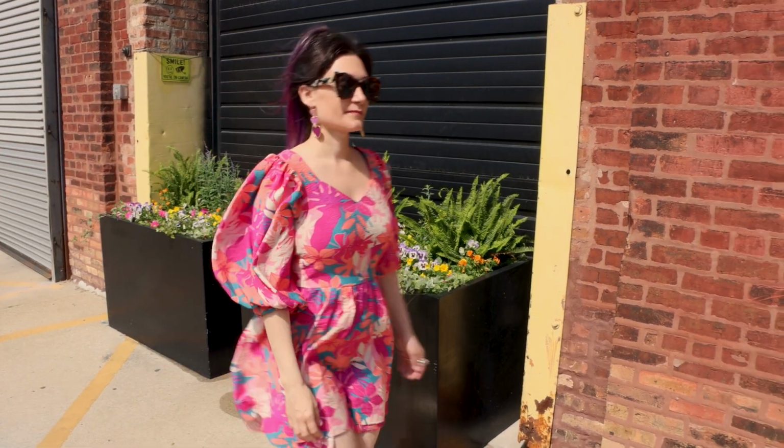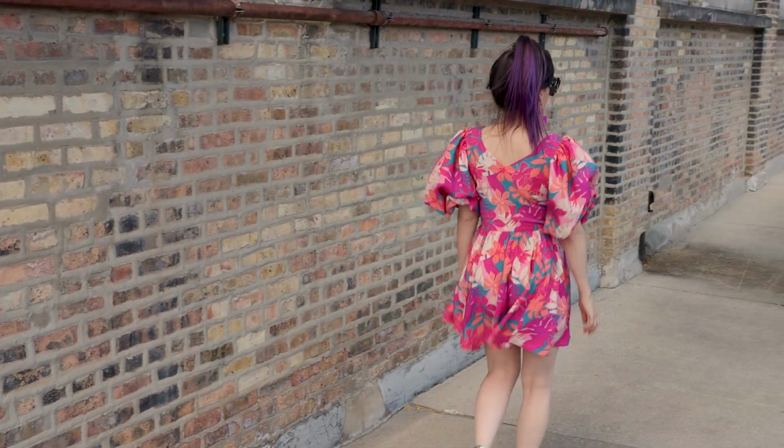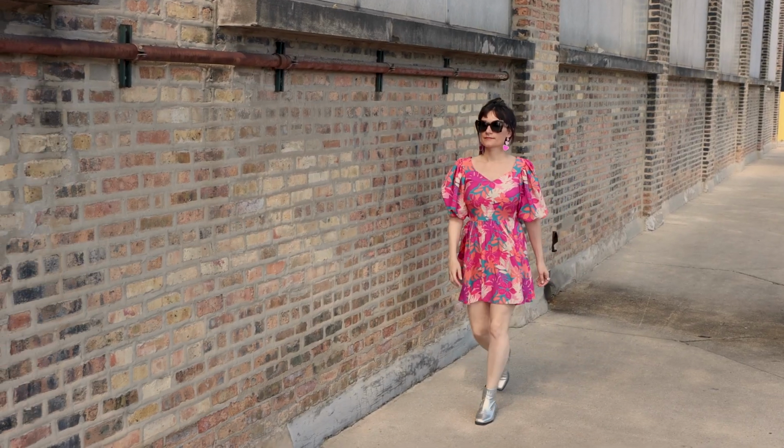We're going to be creating this adorable dress here. This dress has a tailored bodice, a unique neckline, and gorgeous billowing sleeves. It is a great dress for this hot summer weather, and this pattern comes in sizes 0 through 38,